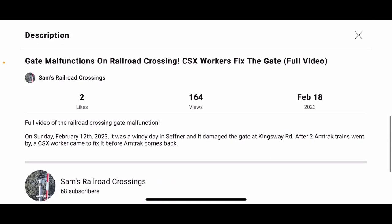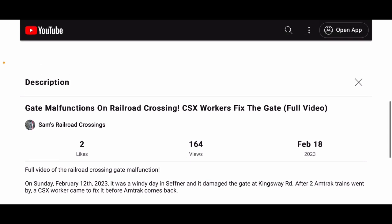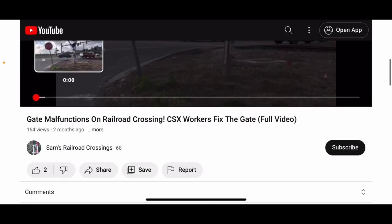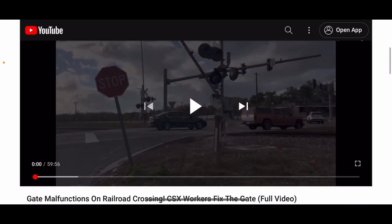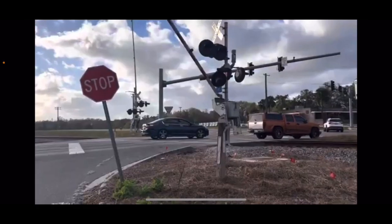So yeah, here's the description. On Sunday, February 12, 2023, it was a windy day in Sevener, and it damaged the gate at Kingsway Road. After 2 Amtrak trains went by, a CSX worker came to fix it before Amtrak comes back. Full video of the railroad crossing gate malfunction. Yeah, it is a long video, so we'll see what happens. I'm assuming if it was this long, then this is where the process takes place for